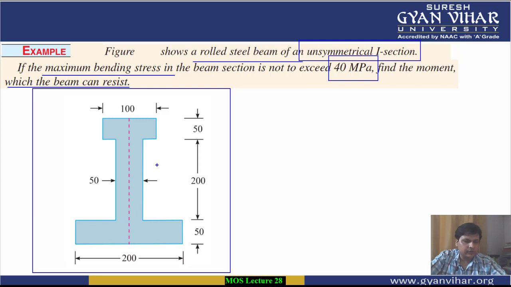In a similar manner as in the previous example, here also we will do the same thing. First of all we calculate the location of the neutral axis, or the location of the center of gravity of this section. So individually we will have to divide this beam. Here we will draw a line, here also we will draw a line. Now there are 3 sections in it. One is this one, then this is the second one, and then this is the third one.